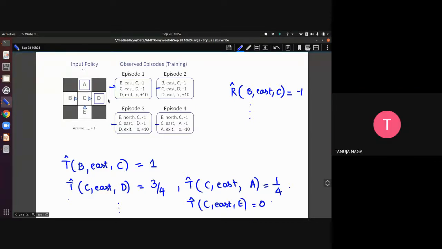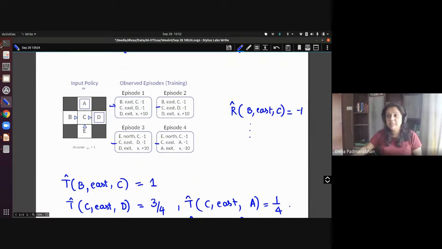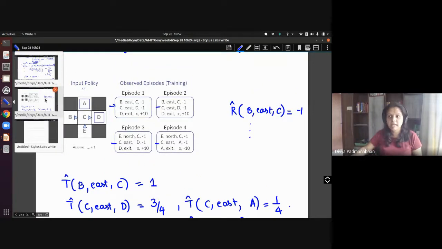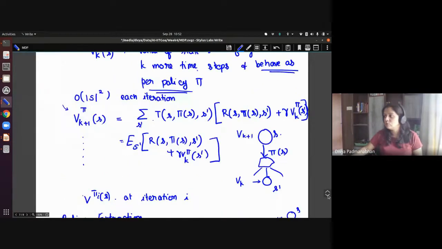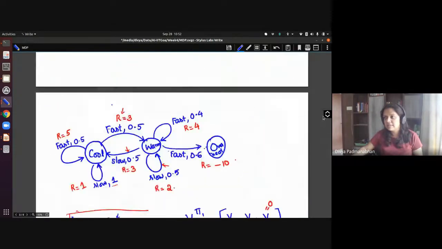Yes, ma'am. So it's basically the same assumptions that we started off with MDPs, right? Always there's a probability of going to some other state. For example, even the racing car example that we had, right? There the actions were fast and slow.